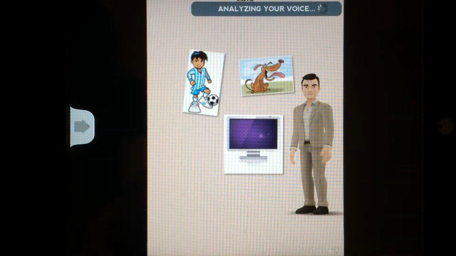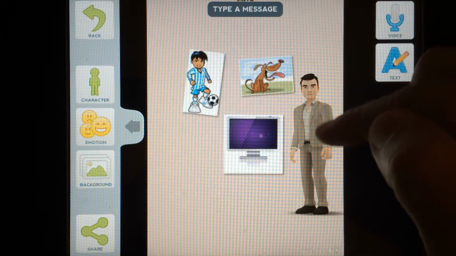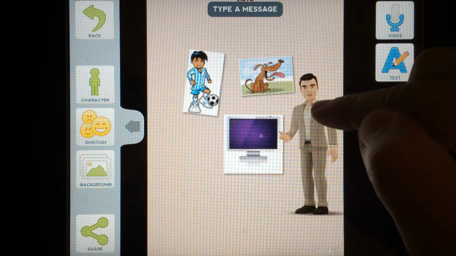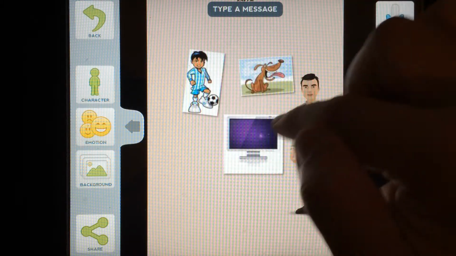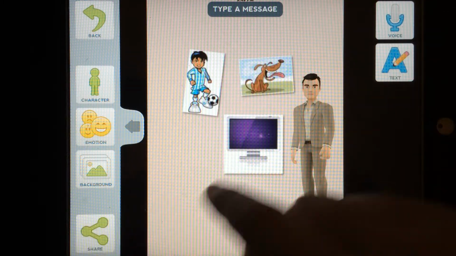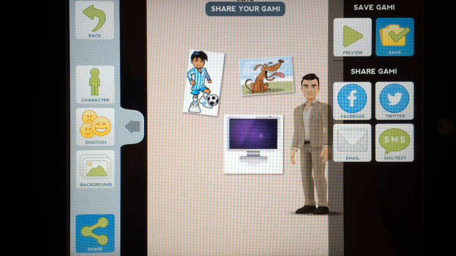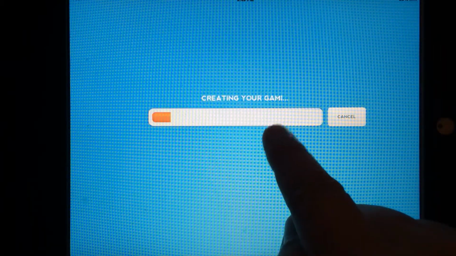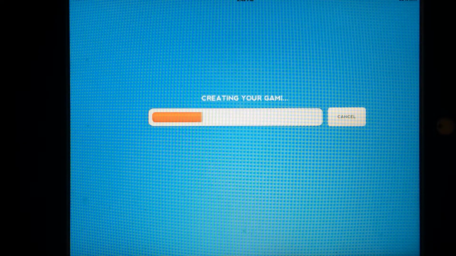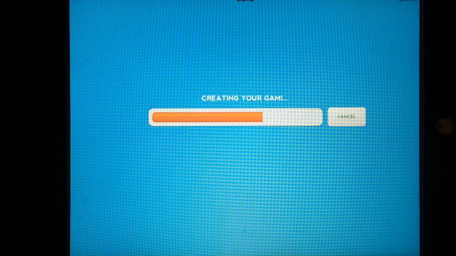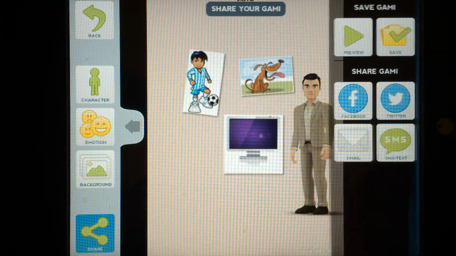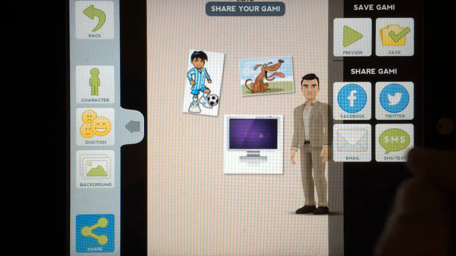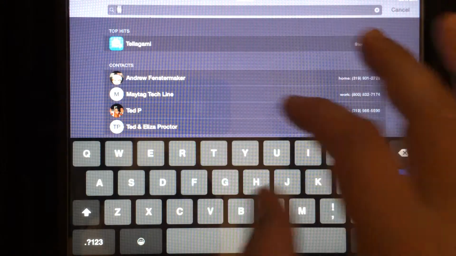After that student is done explaining, the avatar itself, you can see, is starting to talk, and if I had the sound turned up, you'd be able to hear the avatar actually saying exactly what I just recorded about those three pictures. When I'm done, I can go ahead and click share, and I can also click save, which will then create my little video, and it's going to save it back to the camera roll. So when it saves it back to the camera roll itself, once it is done, I can go ahead and exit out of this app, and then at this point I would go into KidBlog and post